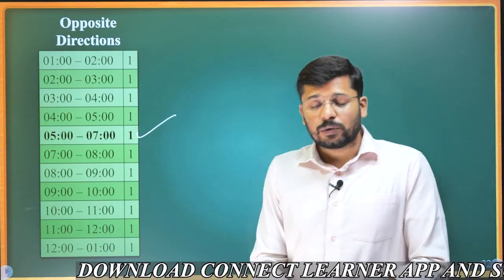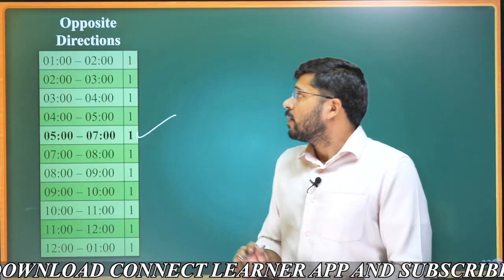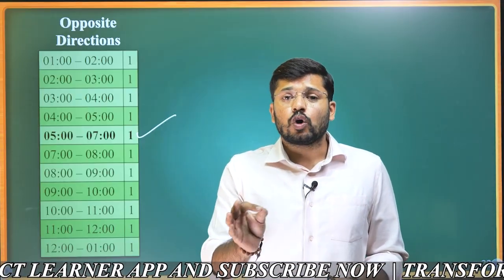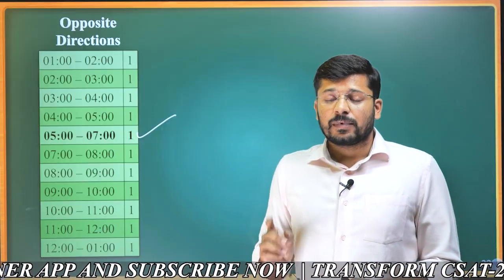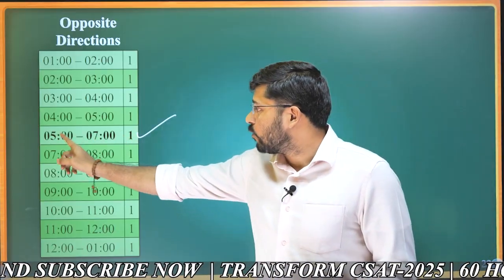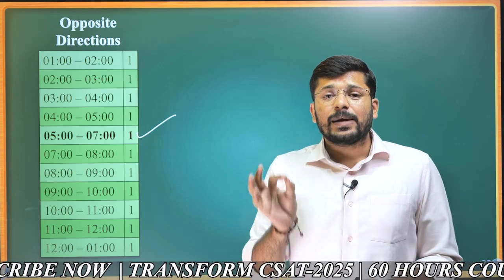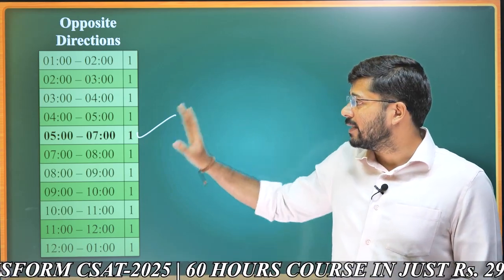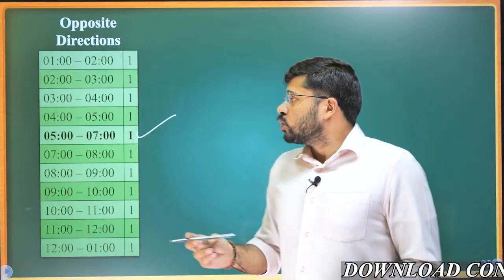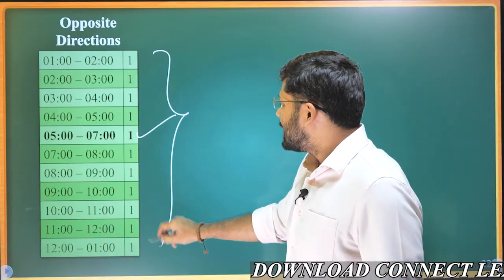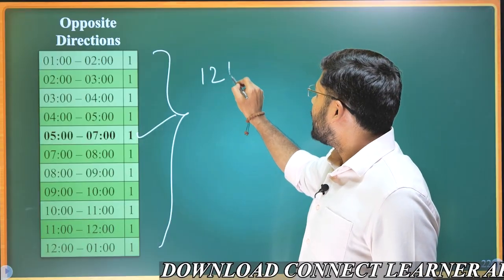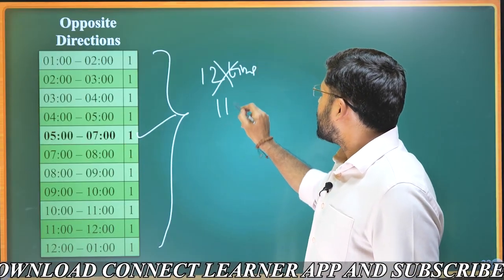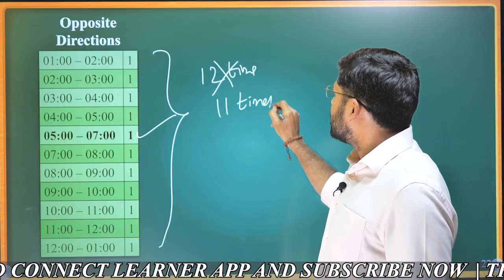Take down the general rule. The general rule is that the hour hand and the minute hand will be at opposite directions between every 2 consecutive exact hours, with an exception that between 5 o'clock to 7 o'clock, they will be at opposite directions not 2 times but only 1 time. So that is the general rule and this is the exception. Because of this one exception, instead of 12 times being at opposite directions, they will be 11 times in opposite directions.